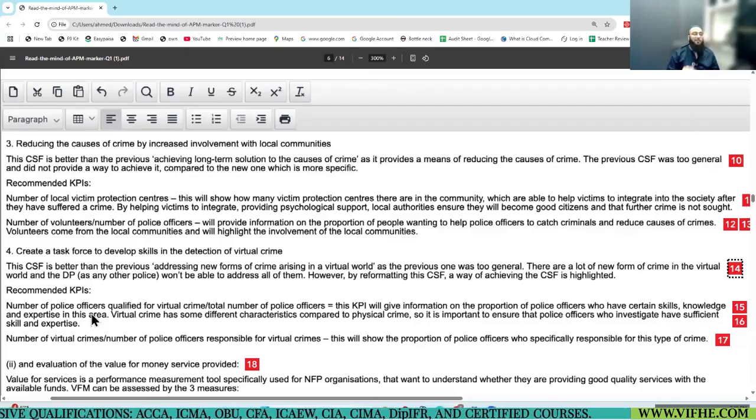Okay? Because physical crime is different to virtual crime, cyber crime, digital crime. I think this is a good explanation of this KPI. Next, number of virtual crimes divided by number of police officers responsible for the crimes.